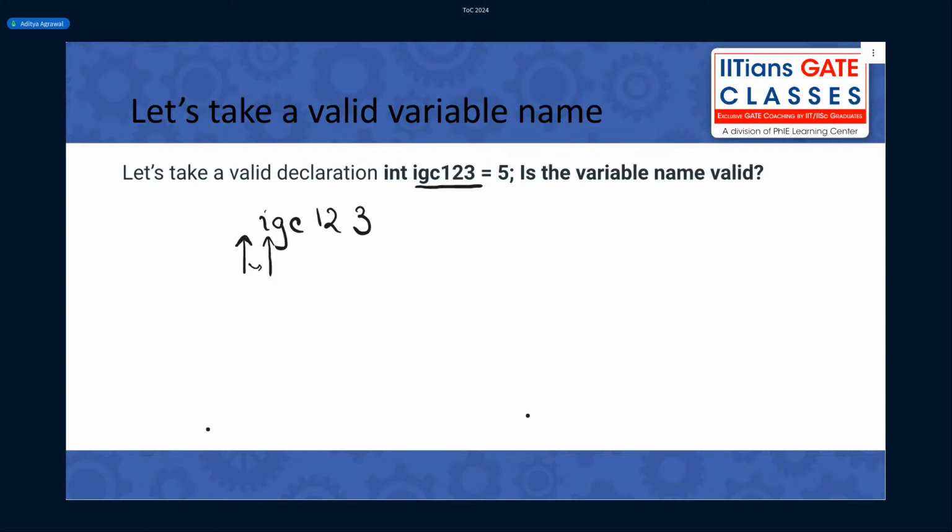I go ahead. My pointer goes ahead. Now my pointer is at a letter called G. Is G allowed? Yeah, very much allowed. Then my pointer goes to a letter called C. Is C allowed? It is allowed very much.